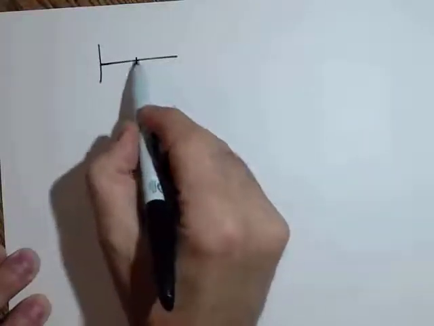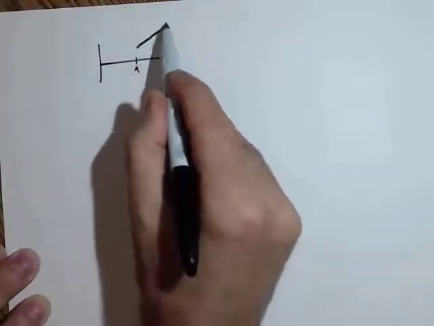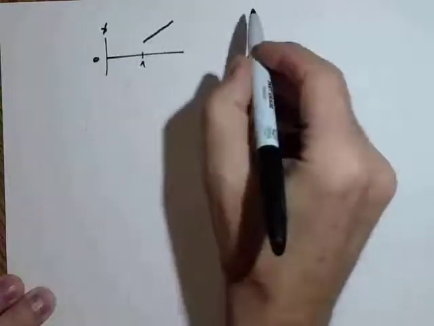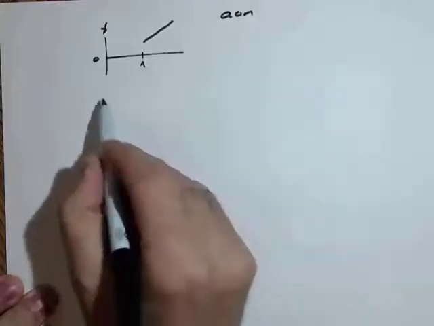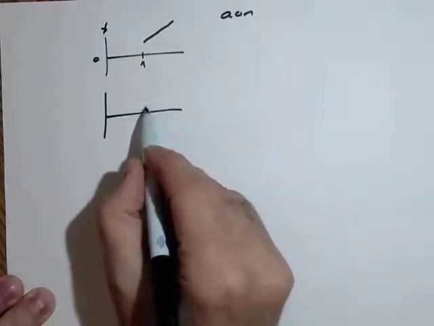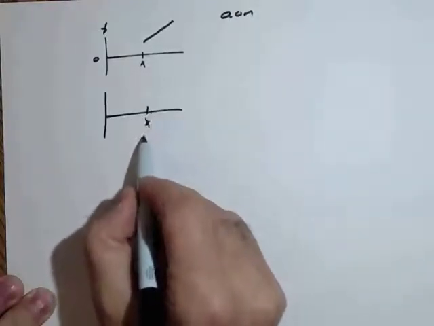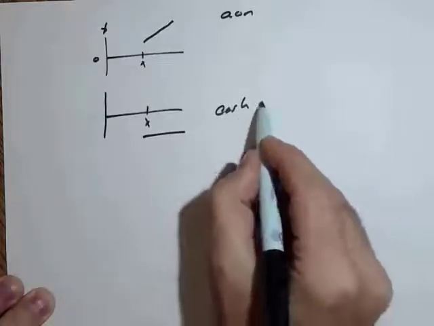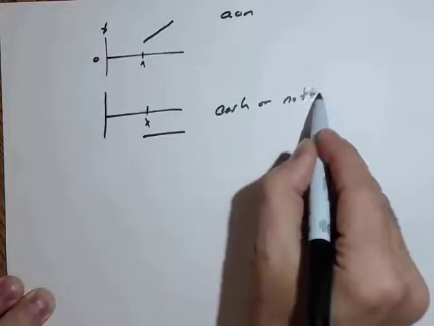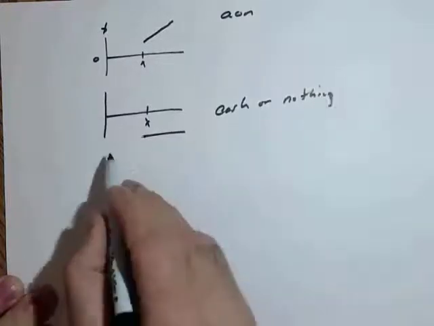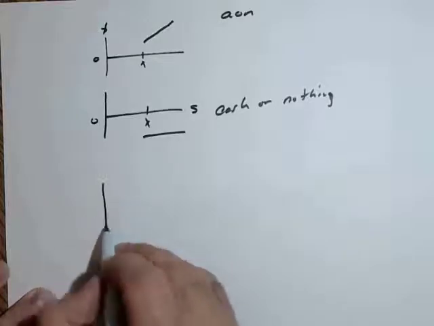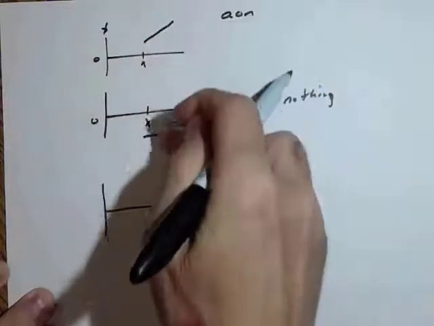So we basically had a long asset or nothing, and then we're going to have a short cash or nothing. And then this is the stock price. Then if we combine these two, basically add these two up,